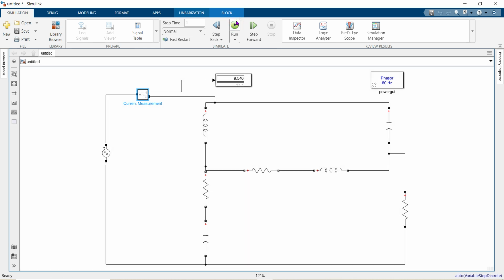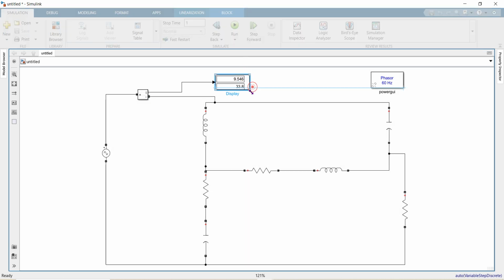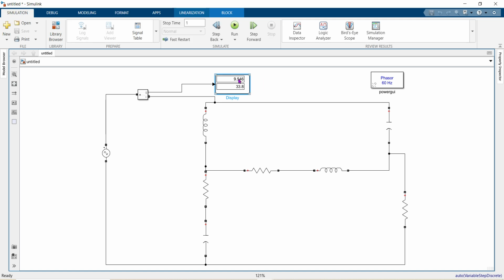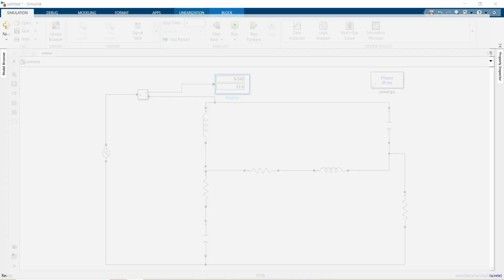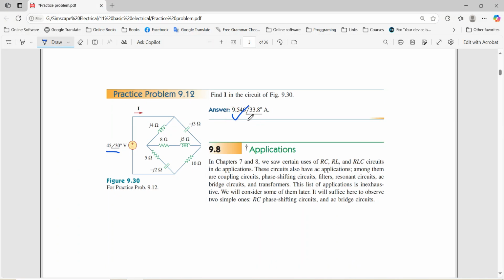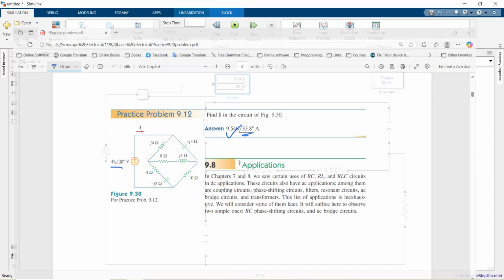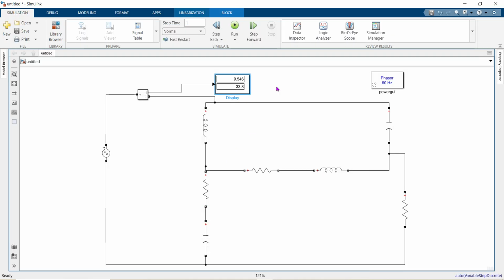Run this model. Now you can see our current magnitude is 9.546, and the angle is 33.8. So this is the way you can find your voltage or current in angle magnitude form,